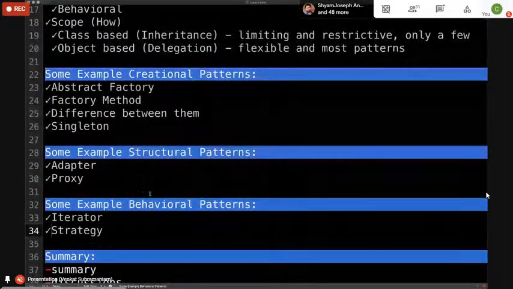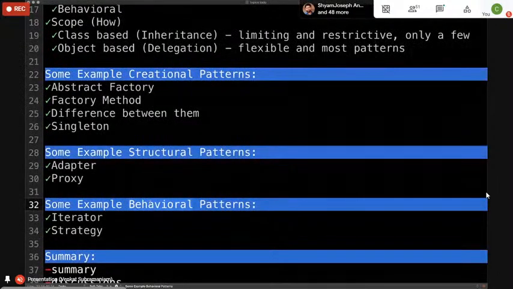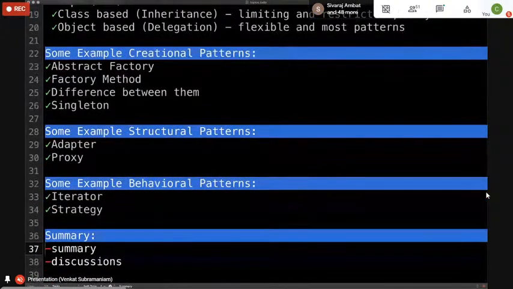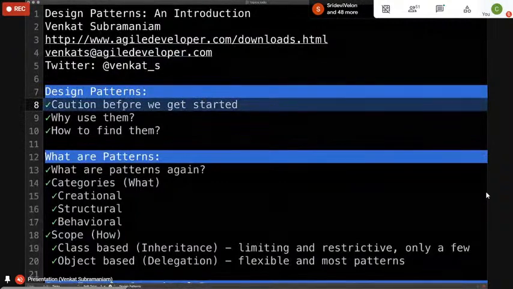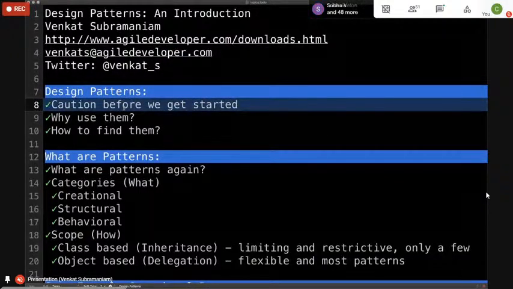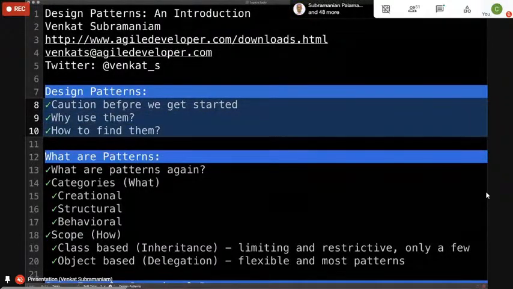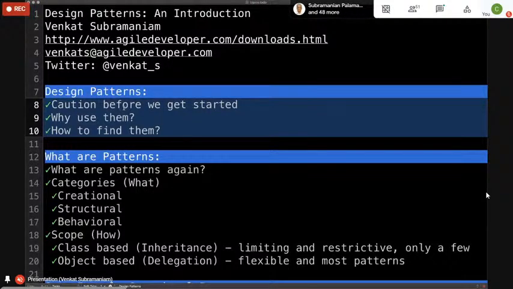So strategy is, again, a behavioral pattern because you're focused on an algorithm, but you vary parts of it, and that becomes really powerful. So to summarize what we talked about, what design patterns are. We first talked about why these are not the best thing to invest in the beginning. It takes a lot of time and effort and experience to get really good at finding the patterns. So one of the best ways to find patterns is to get feedback. Work with somebody, do something, get it reviewed, rewrite it, and over time, you get better at identifying patterns. In the beginning, we're going to be really bad with it, but with experience, we get better with it.